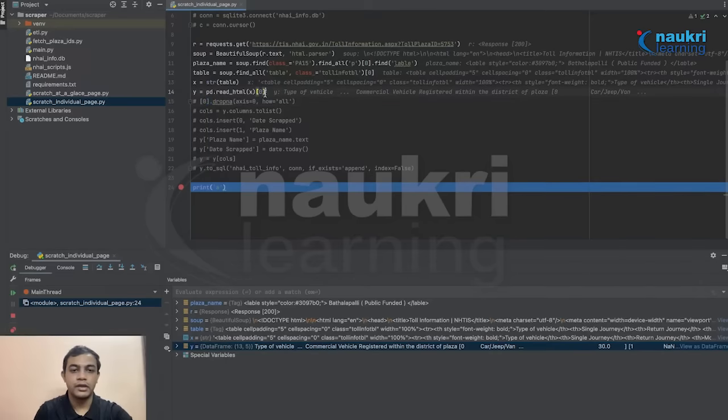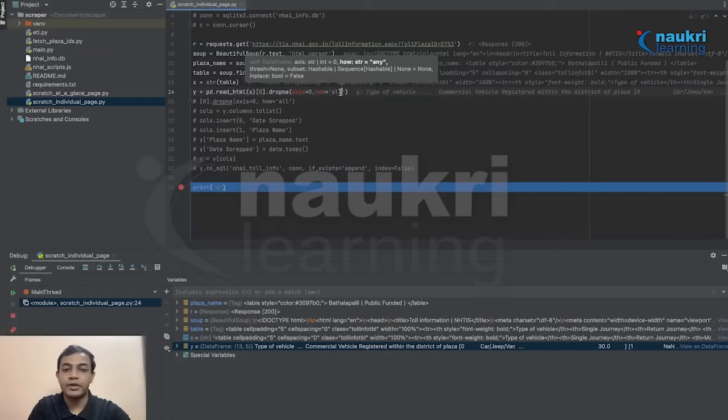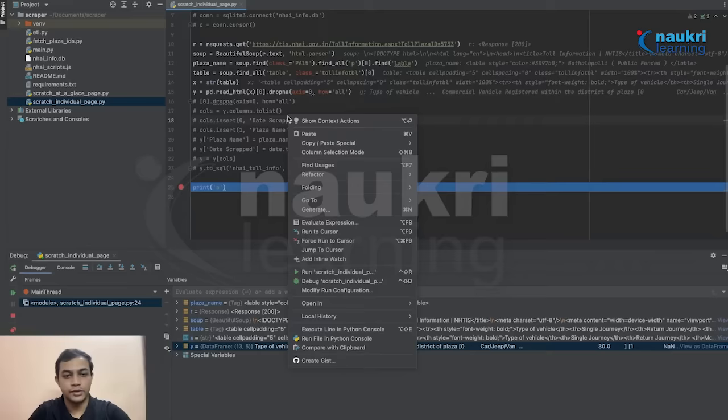So I will just say dropna. And how do you want to drop it? I want to drop all the rows which have NAs, and how? When all the values are null. You can also specify if any of them are null, but in this case I just wanted to stick to this. Okay, so once we have written this drop statement, if we debug,